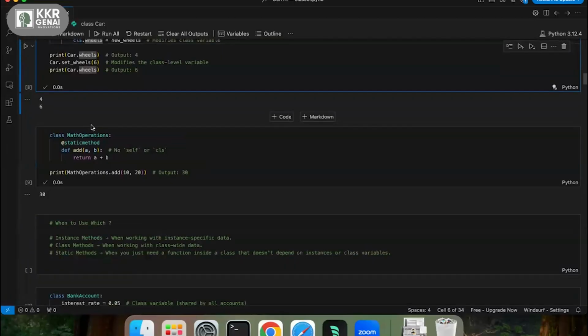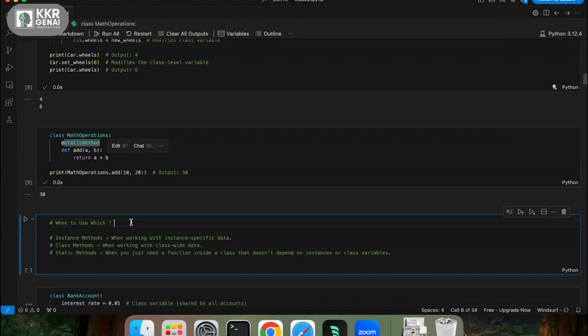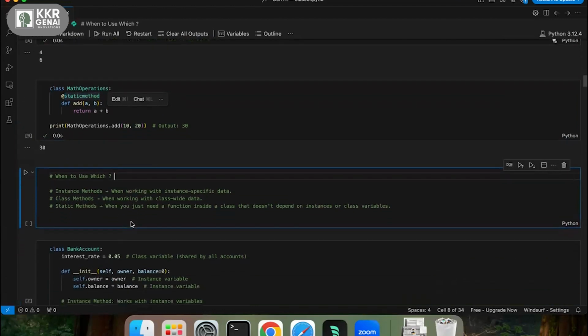Static methods are also called utility methods. They are created with the @staticmethod decorator, and you can write all the utility methods under it. So as I said, we have three methods: instance method, class method, and static method.